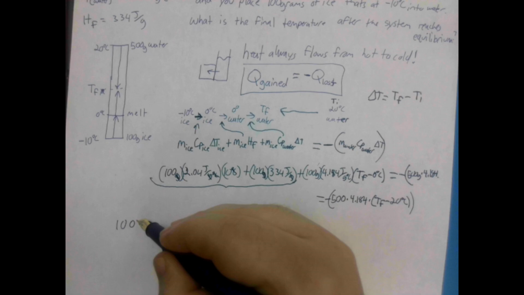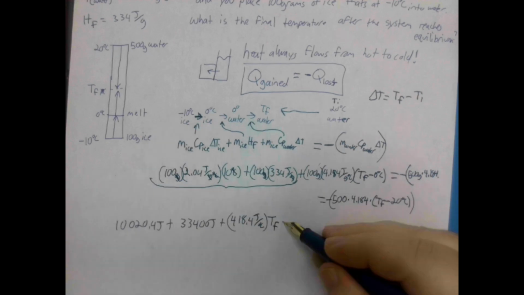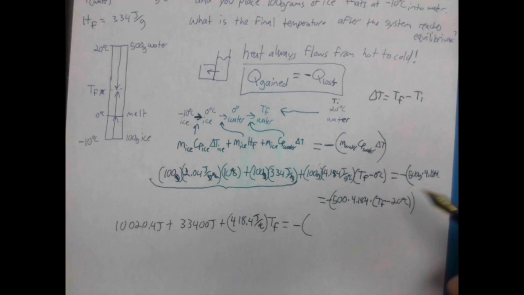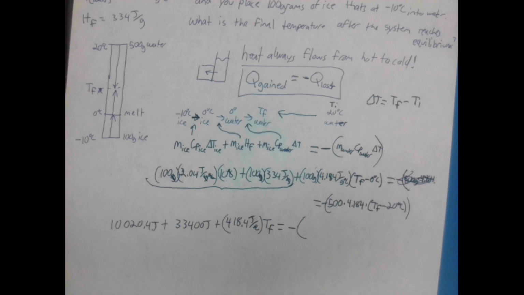So 100 times that is 418.4 joules per degree Celsius times the final temperature. And that's equal to negative of 500. So 500 times 4.184 should be